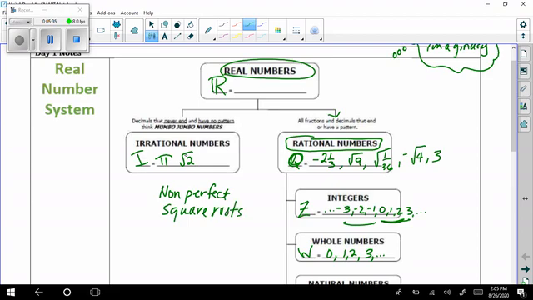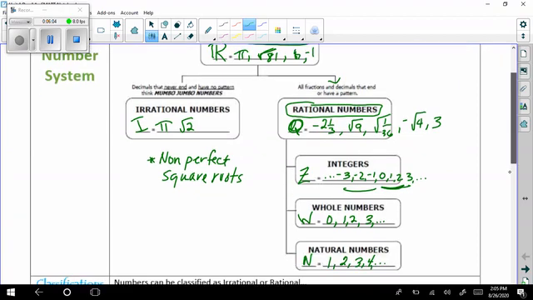For instance, the square root of 2. Okay, so we're going to include those. That's kind of just a tidbit for you. And then the real numbers. Real numbers are anything. It can be everything from pi to the square root of 81, to 6 or negative 1. There you go.